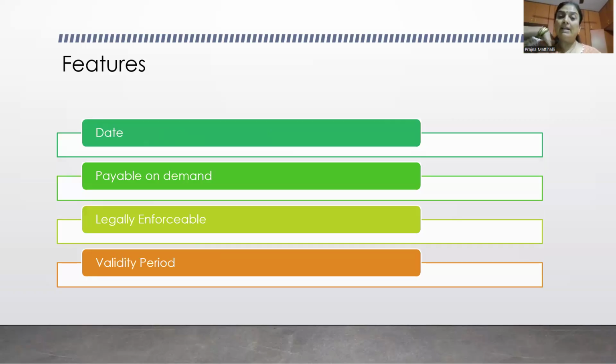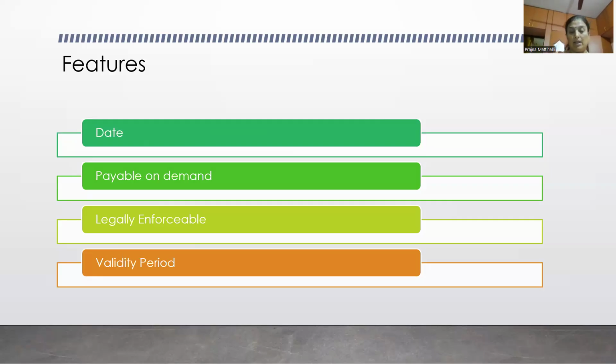Then comes date. Date is very important. We have to write the date of the check. That means if we write a date which is after a week, then 1 week is to be spent like that only. Check cannot be presented. If you present the check today itself, having the date as after 1 week, the check is called a future dated check. It is not going to be paid. In the same way, it is payable on demand. That means the check should be presented in the bank. If you go to the bank and ask for the money, then only it is paid.